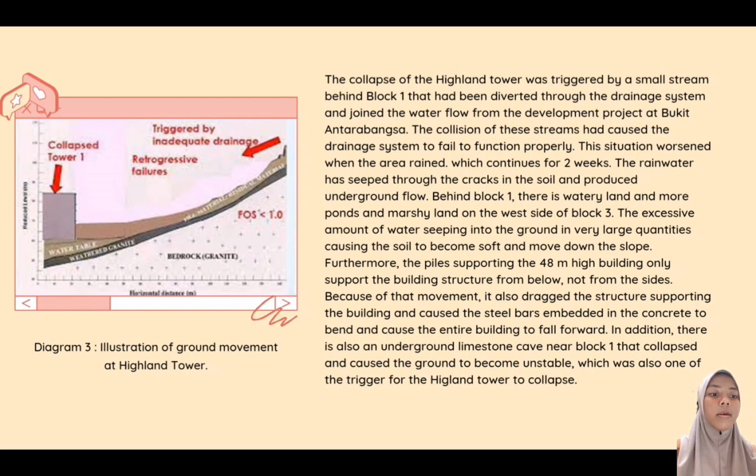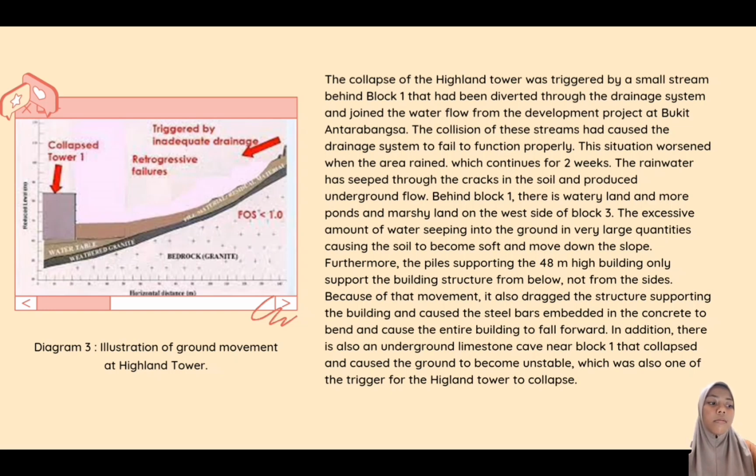on the west side of Block 3. The excessive amount of water seeping into the ground in very large quantities caused the soil to become soft and move down the slope. Furthermore, the piles supporting the 48-meter high building only support the building structure from below, not from the sides. Because of that movement, it also dragged the structure supporting the building and caused the steel bars